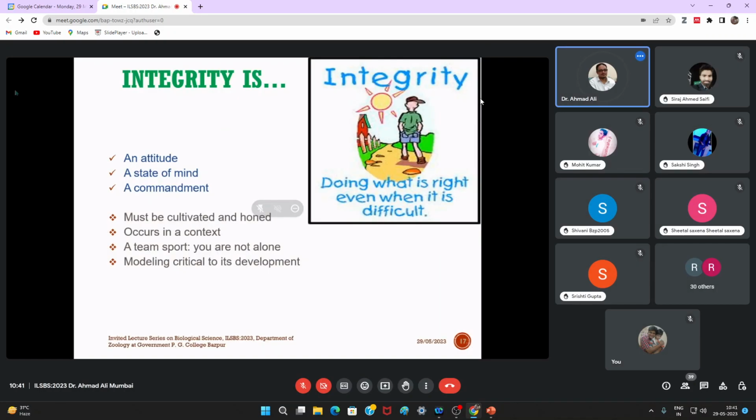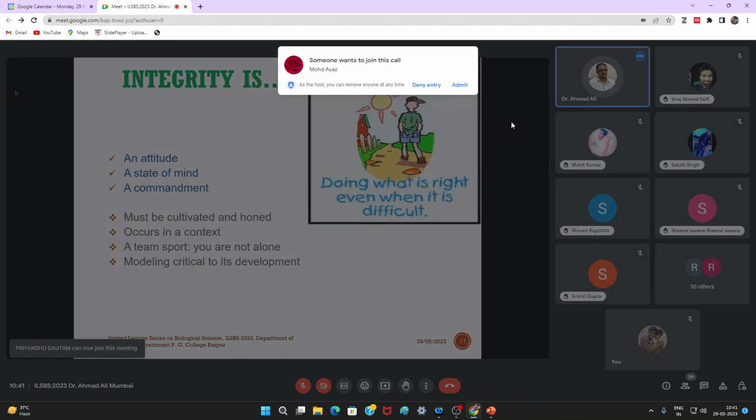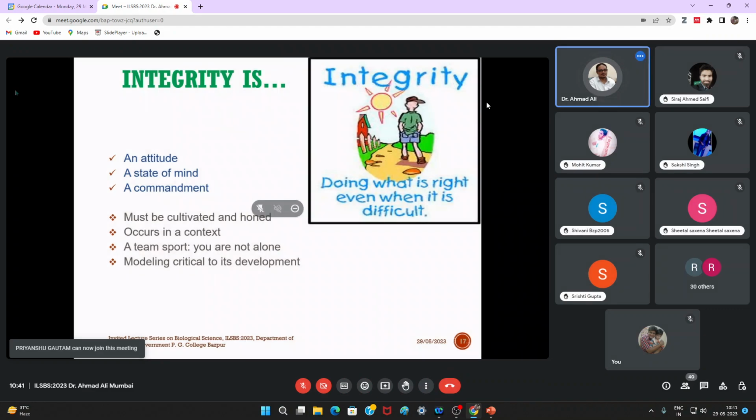It's like, I am hungry, so shall I steal or not? Even under different conditions, should I tell a lie? Should I do this? I have been asked to submit an assignment. Should I just go and copy it from the net because tomorrow is the deadline? Normally we maintain integrity, but deviation from integrity is generally seen when the